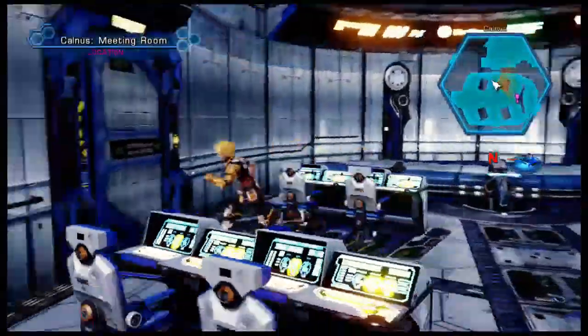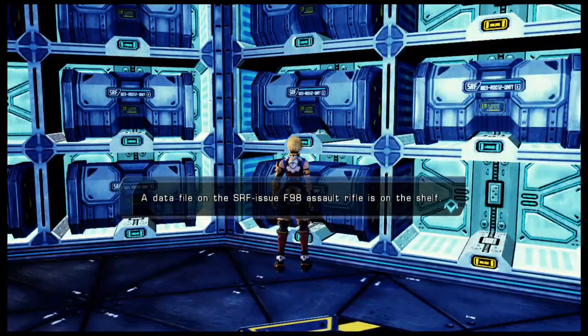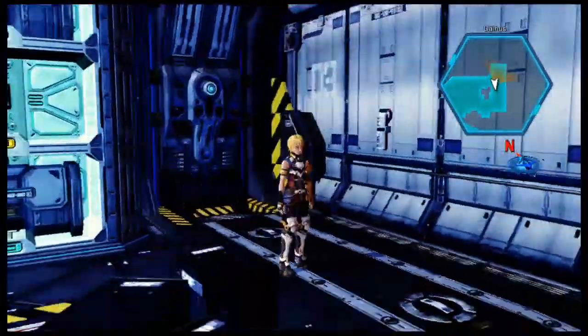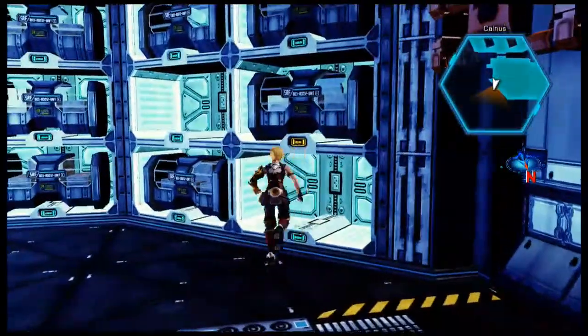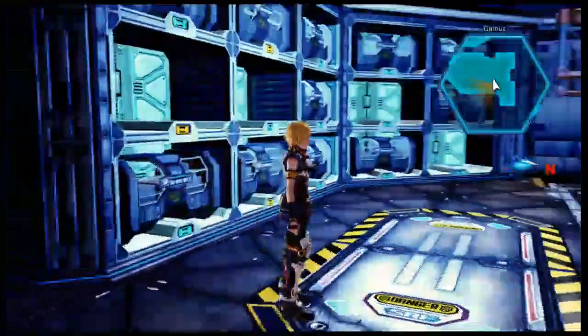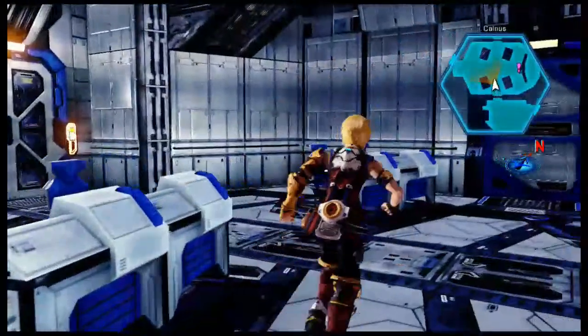You're going to go in here and you're going to go to these two rooms. There's a data file on an F98 assault rifle. You can examine other stuff there. I think there's a weapon there, and I think there's a weapon over here that you have to examine too. I thought there was. Let's see. There's a lot of stuff to do on here. No, it's just the assault rifle. Okay. So we need to go, and we're going to talk to...